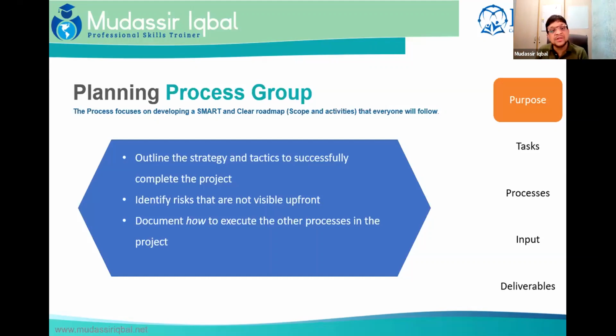The main purpose of this phase is to plan time, cost, and resources adequately to estimate the work needed and effectively manage the risk. The purpose is to outline the strategy and the tactics to successfully complete the project, and identify the risks that are not visible upfront, because the risks that are part of the project